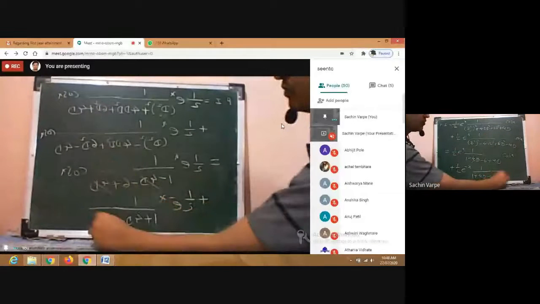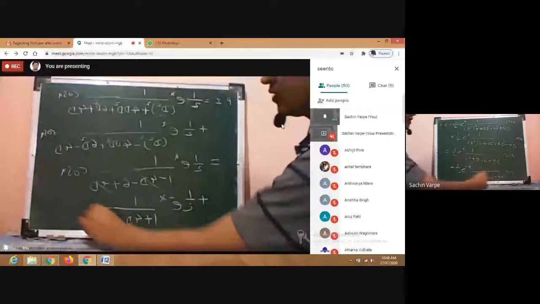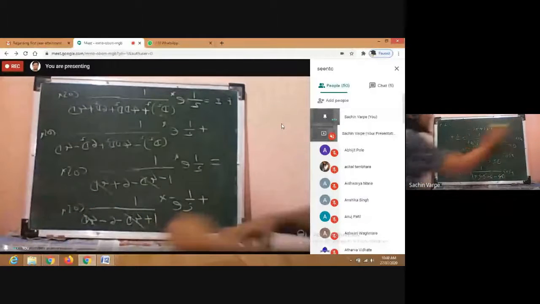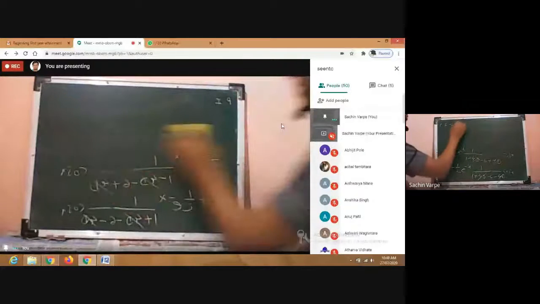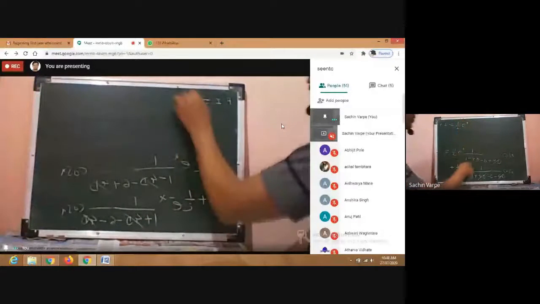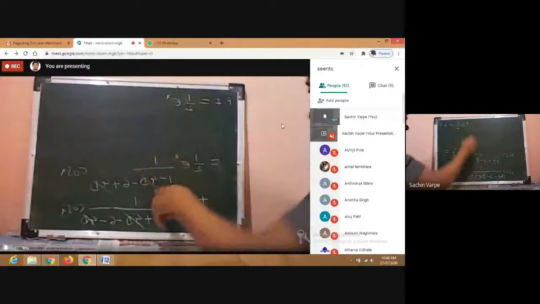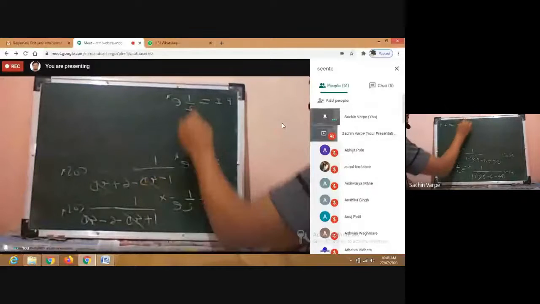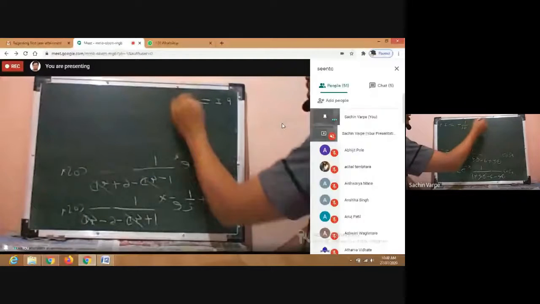Minus 4D into cos x, so that is again getting cancelled. Please check the calculations. So half of e raised to x into 1 minus 6 minus 5. So minus